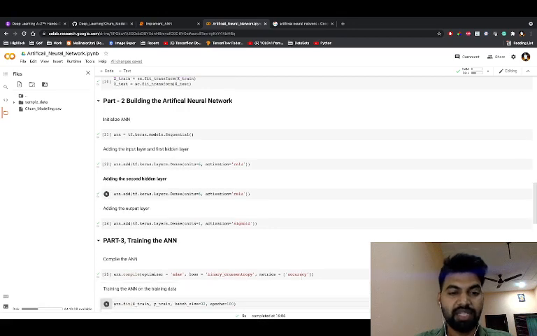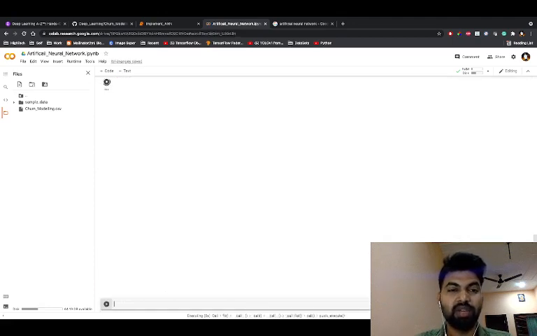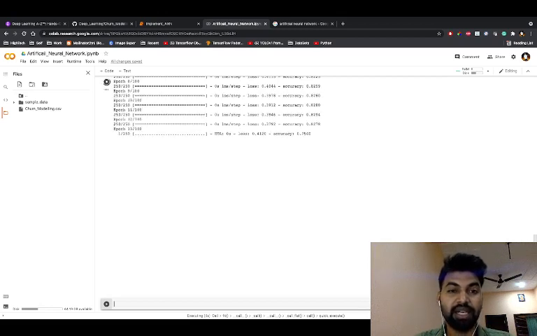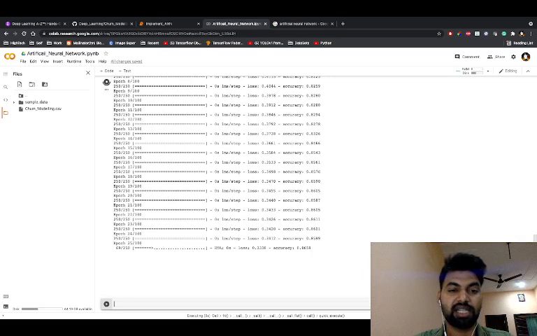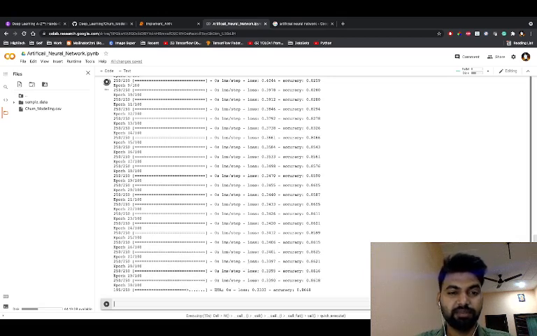So I'm just feeding the data X train, Y train, and batch size equals 32 and epochs equals 100. So it will train the entire network with the given data, and the data is also transformed using the standard scaler technique, right? So see, it is going through the epochs, right? And you will see the accuracy is slightly increasing.